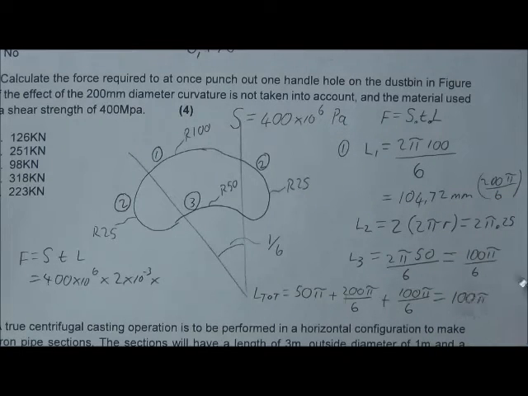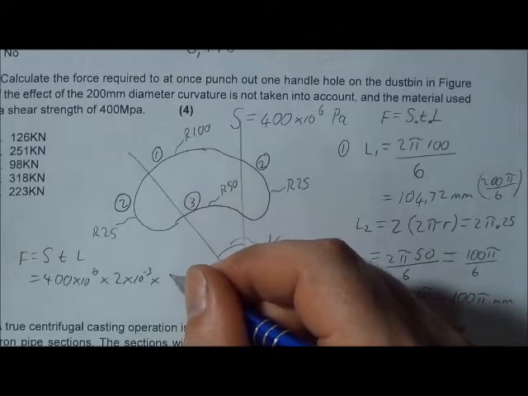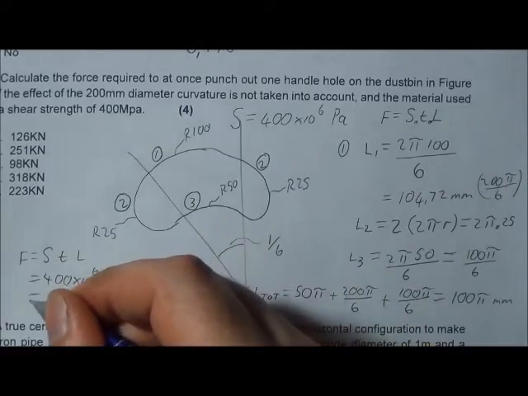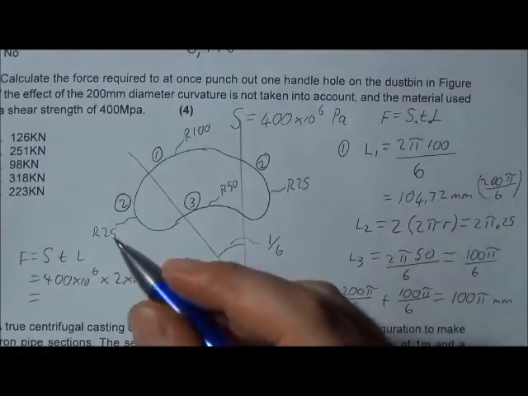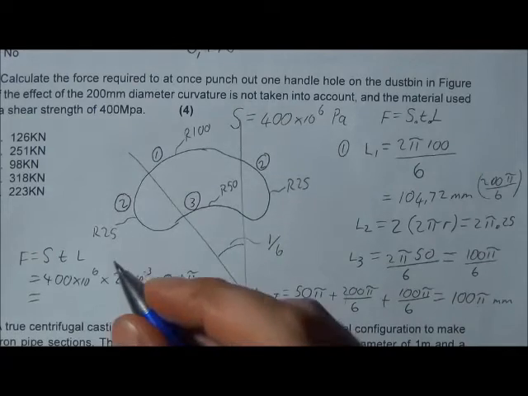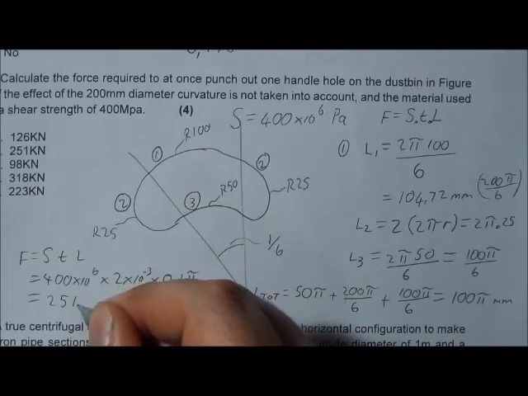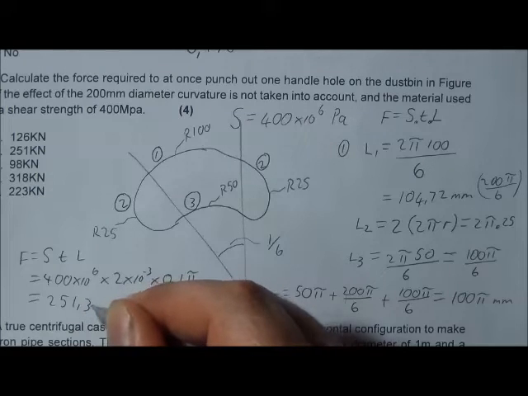Remember, this answer was in millimeters, so we must just divide this by 1000 to get it to meters. So that, if you work that out, gives you an answer of 251.33